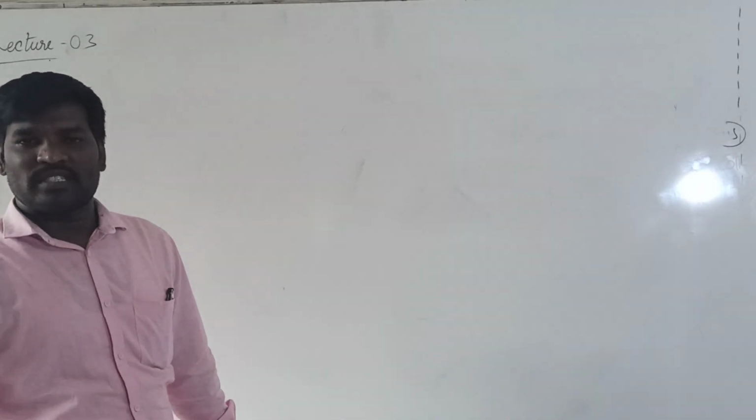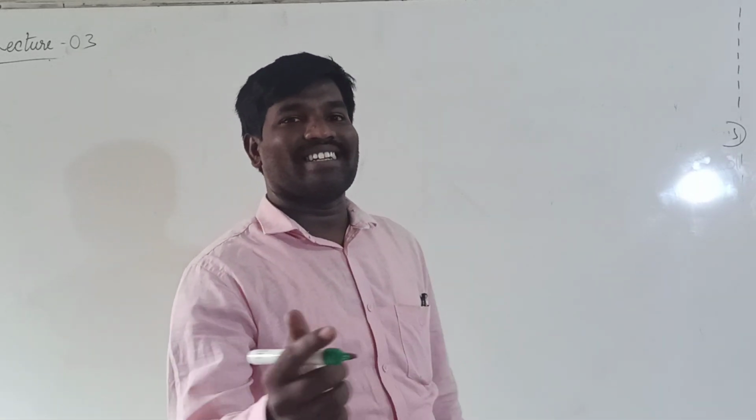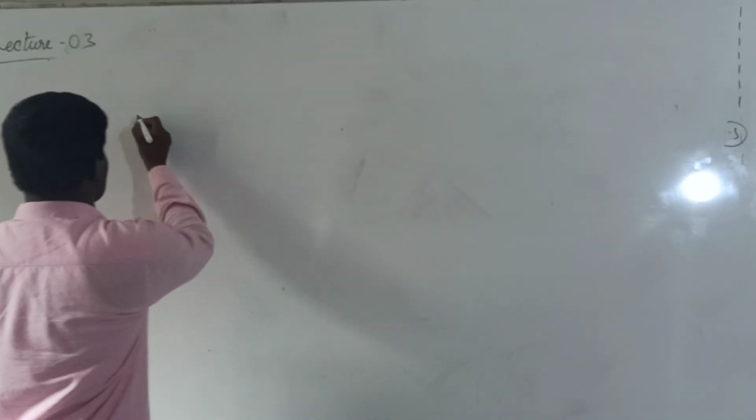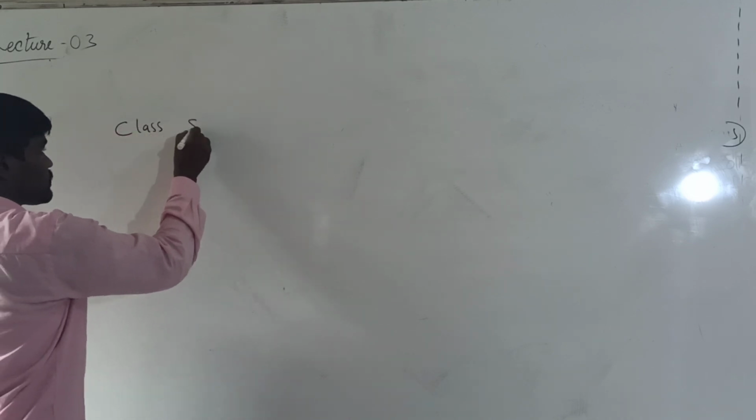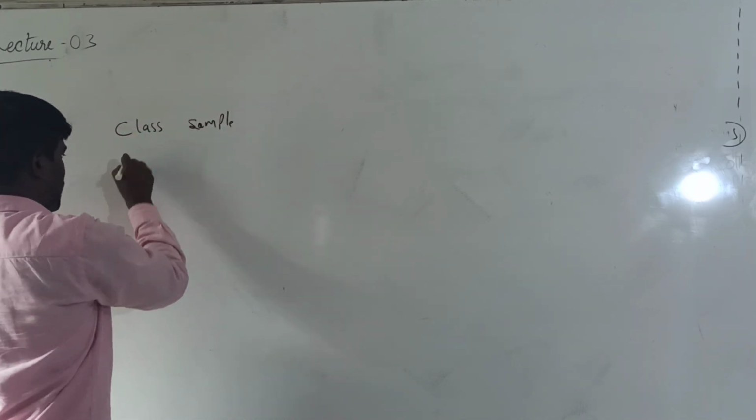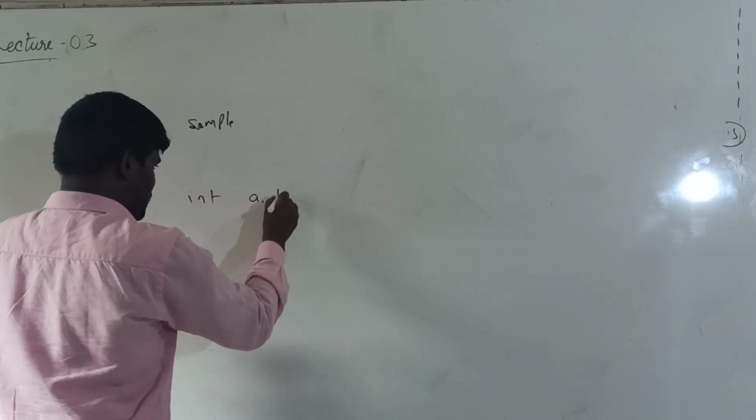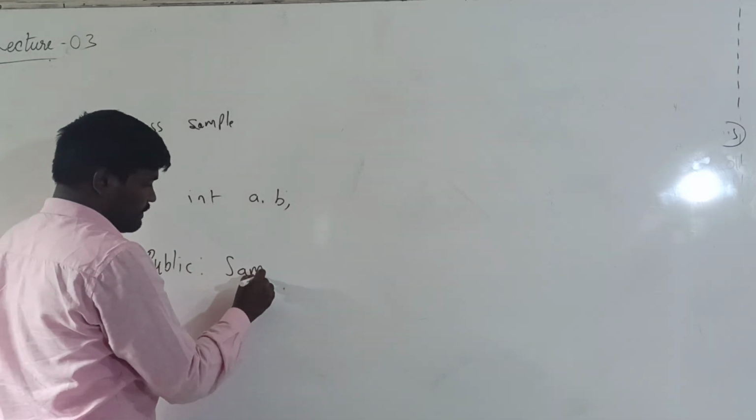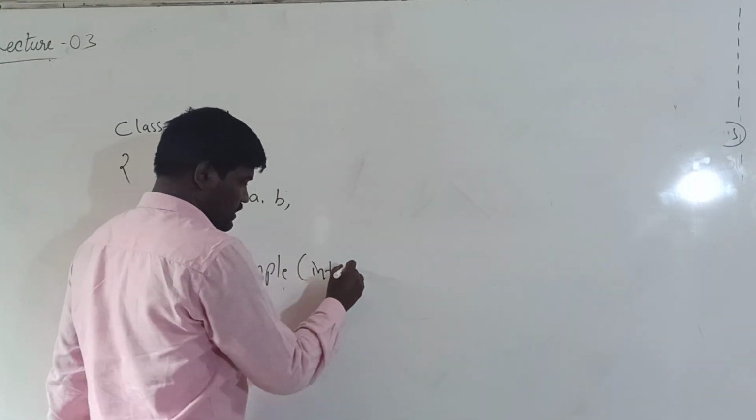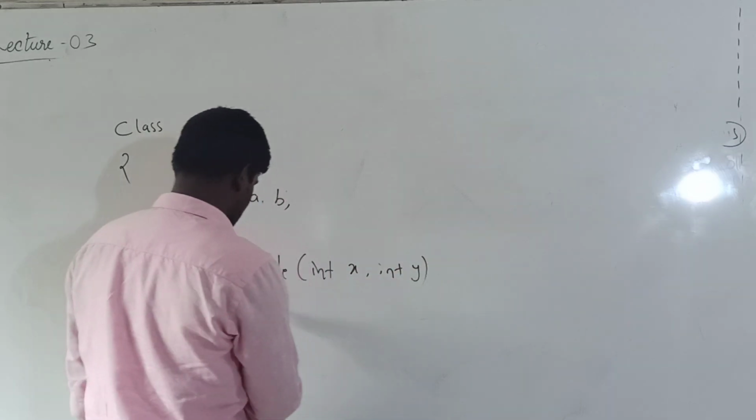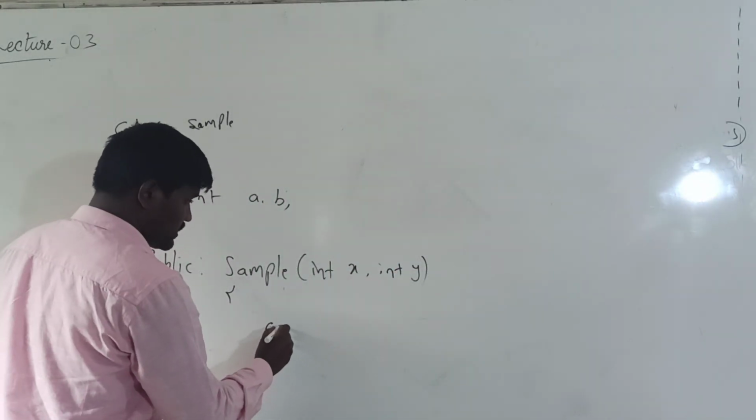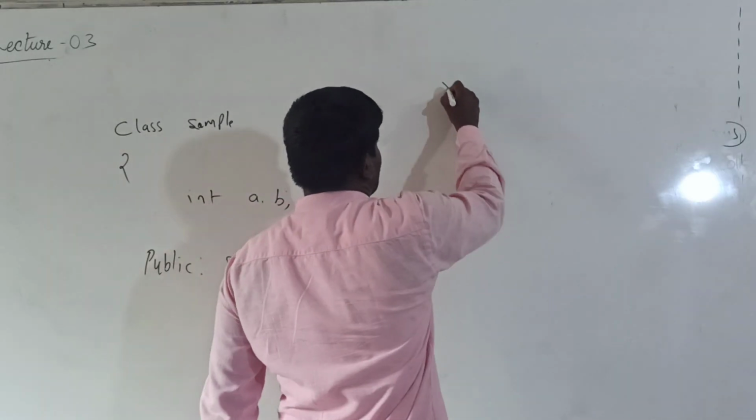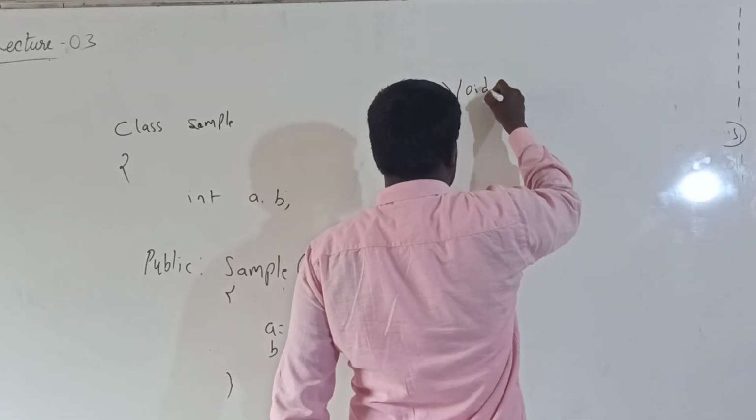Default constructor means the constructor which does not take any argument. Parameterized means which takes an argument. For example, class sample { int a, b; public: sample(int x, int y) { a = x; b = y; } finally void display()